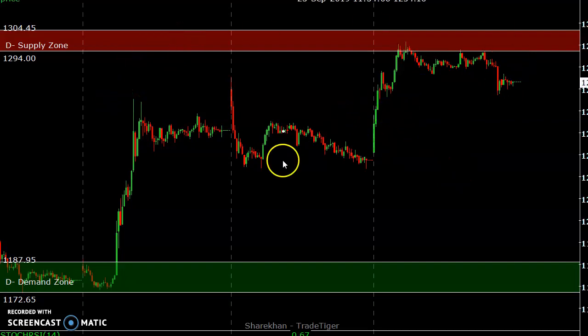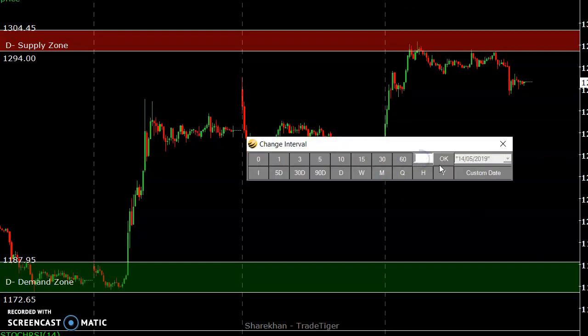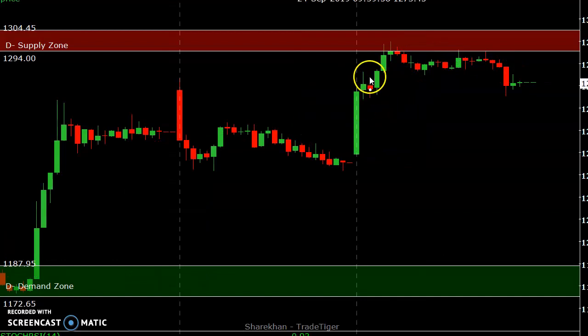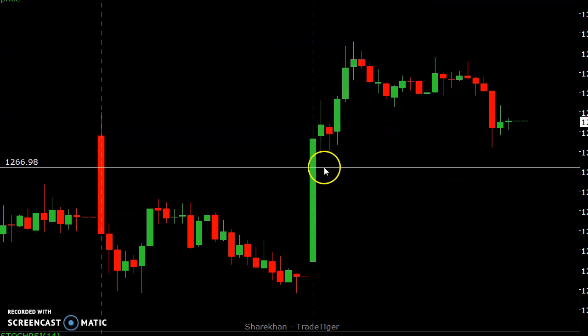Suppose today the market is over, but as per that, the strategy is simple. I'll show you how we can trade. You just change this to 45 minutes. Don't worry if there is no 45 minutes in your chart software. You can take a 15 minutes candle; three 15 minutes candles make 45 minutes. So you just draw one line on the higher side of these three candles,